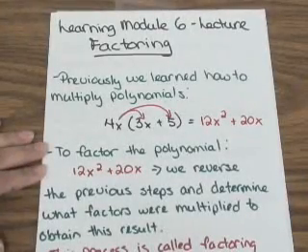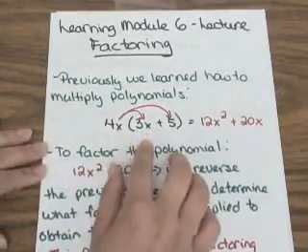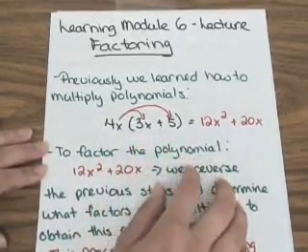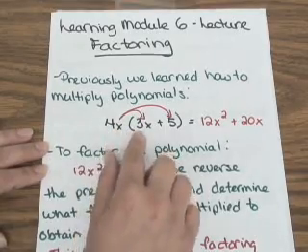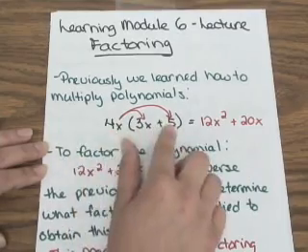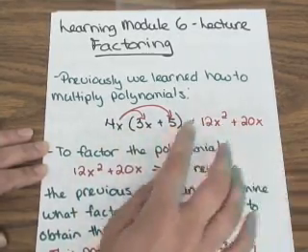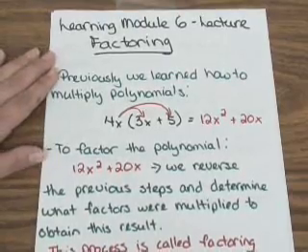Previously, we learned how to multiply polynomials. Take 4x times the sum of 3x plus 5, for example. We use the distributive property to multiply 4x times 3x to get 12x squared, and also to multiply 4x times 5 to get 20x. To factor the polynomial 12x squared plus 20x, we